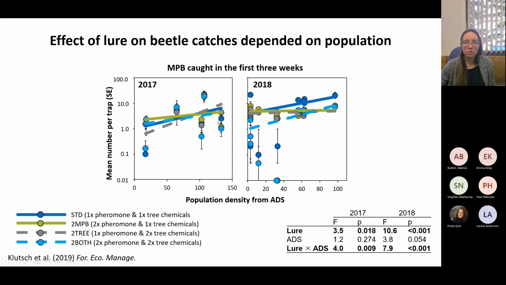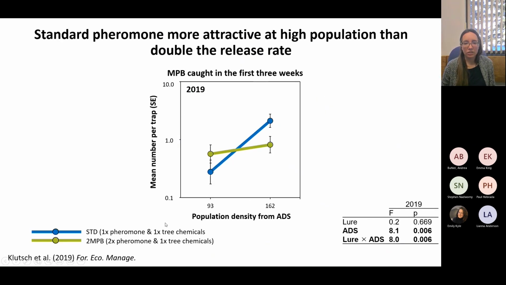So we picked out the two most different, which were the standard beetle pheromone lure that you could buy, the province buys, and then we tested that against adding double the transverbenol, which again is that beetle-produced pheromone. And we found that yes, they performed differently, in that they caught different numbers of beetles depending on that local population. And this was only in 2 sites that we tested this in, and these were all in lodgepole, probably in the hybrid zone